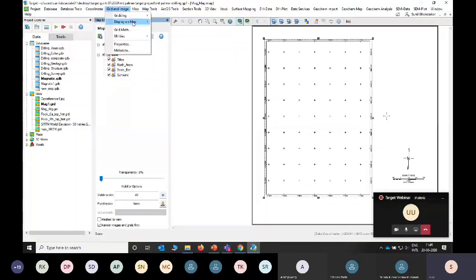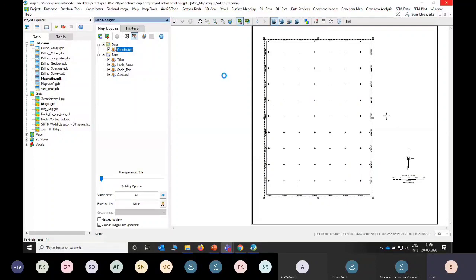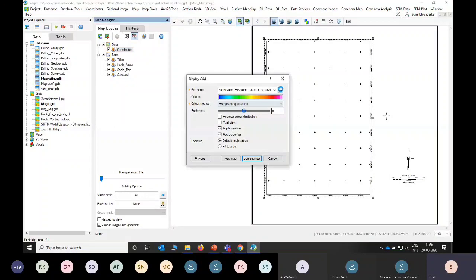Now we will import data, display on map, select the grid. Then we need to select the grid which we created.